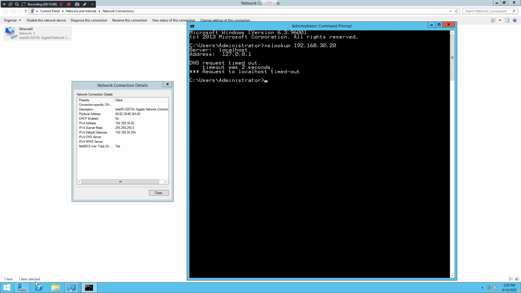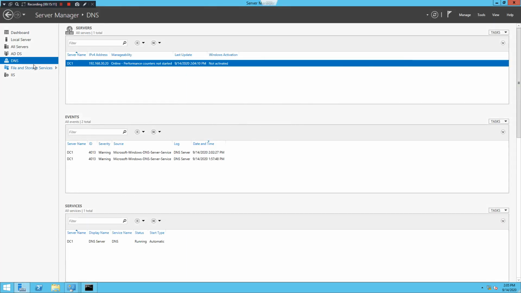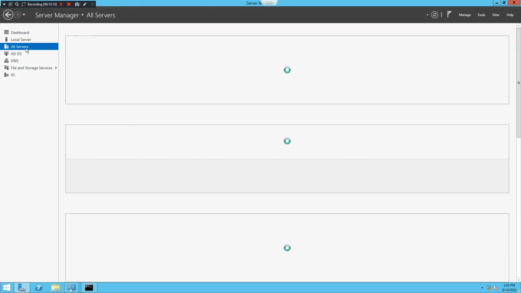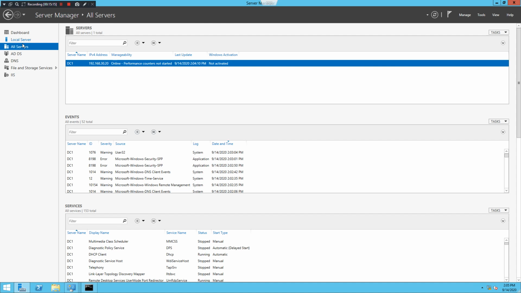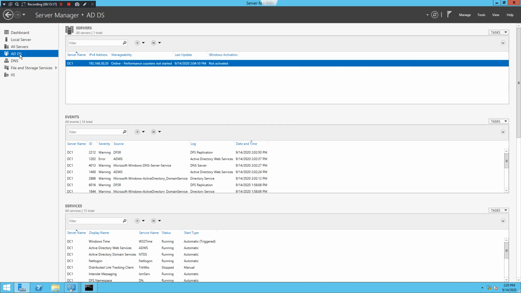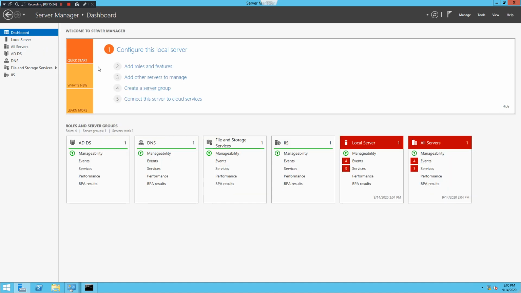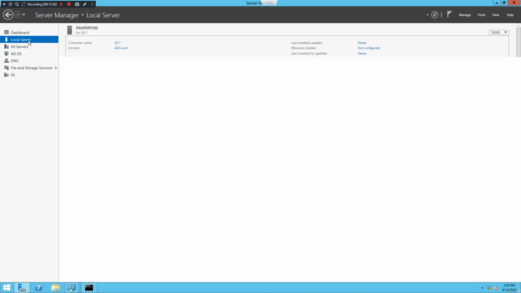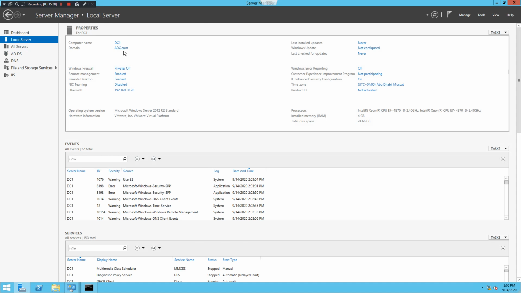Now under the server manager, as you can see, all servers, okay, so DC1 is our machine name. Okay, local server. As you can see, the domain name is adc.com now, and the local machine name is DC1.